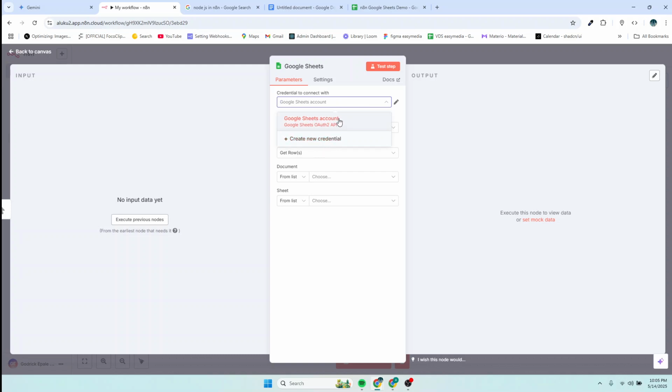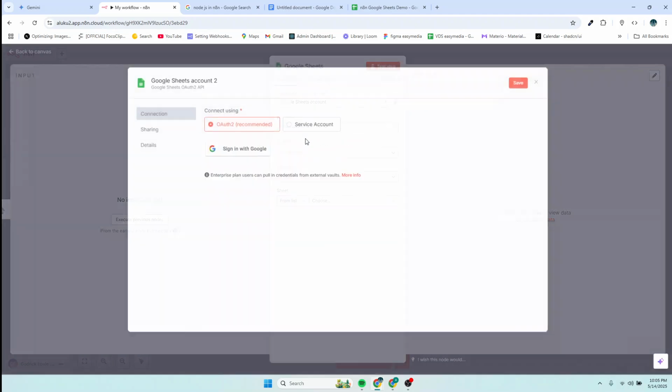credential, but I have an existing credential here, but let me just create a new one for the purpose of this video. So I'll create on new. Then there are options here to connect with OAuth2, then service account, and yeah, two options. So I'm going with the OAuth2, which is recommended. So I'll click on sign in with Google,